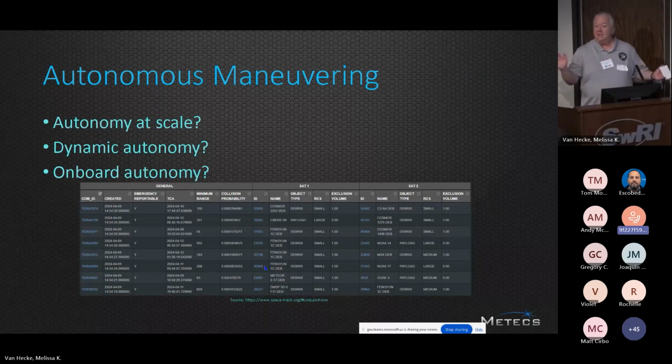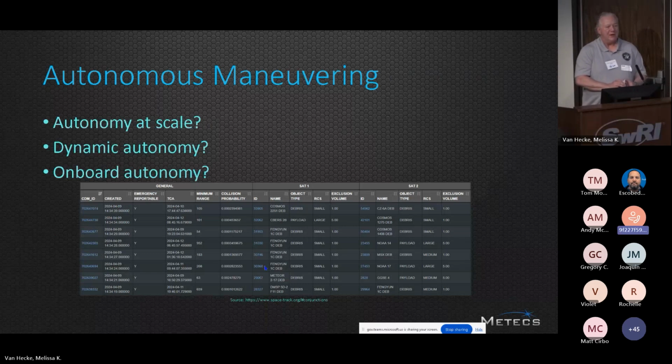Now, I first have to say I don't have any inside track on SpaceX, and I don't have any inside information, but I did look at the FCC filings, and I found it truly fascinating that SpaceX Starlink satellites made 24,000 autonomous maneuvers in just the last half of 2023. Now, I don't know what they mean by autonomous, right? According to their filings, they maneuver their satellites if there's a greater than a 1 in 100,000 chance of collision with another piece of space debris or functioning satellite. And that's a pretty conservative viewpoint.